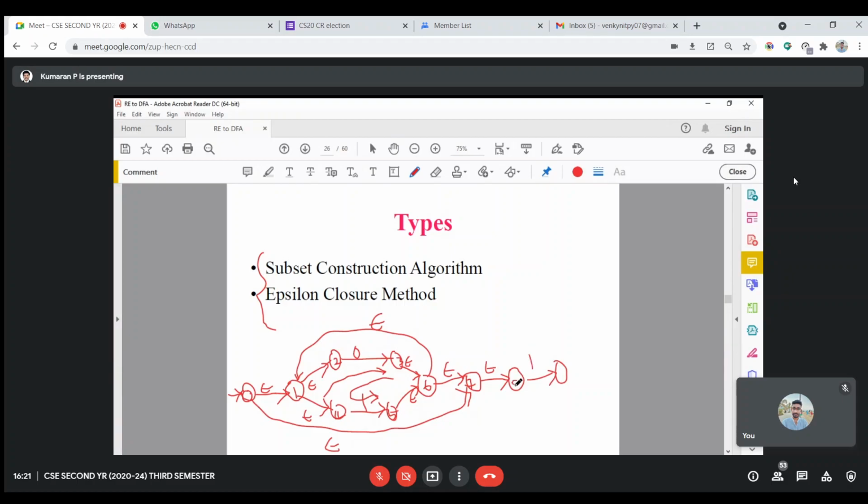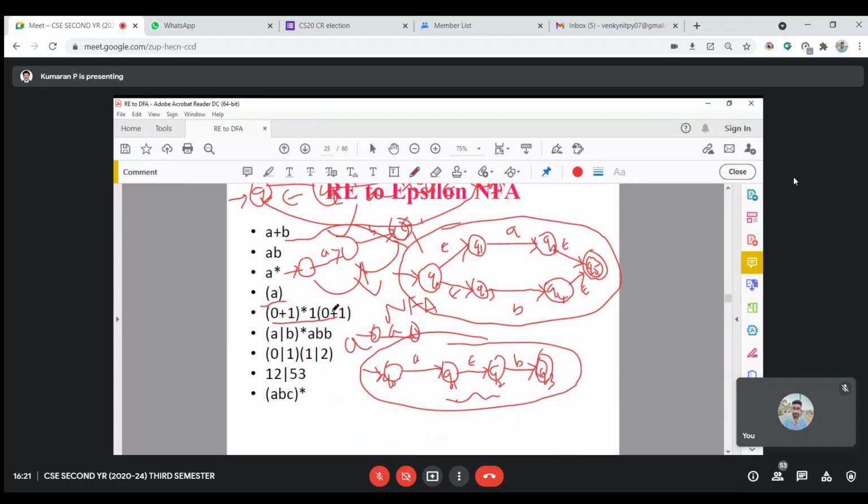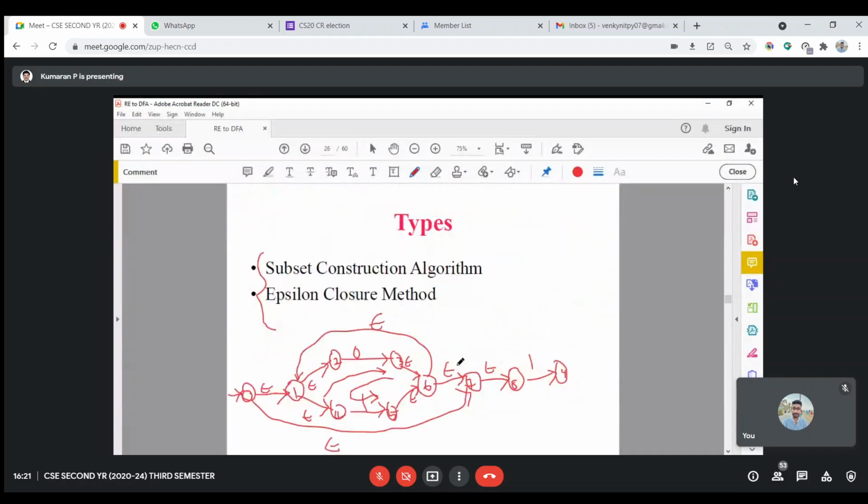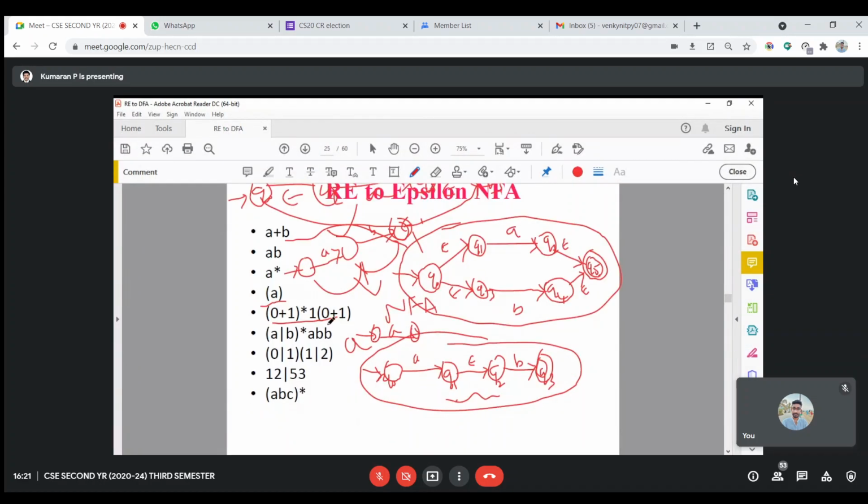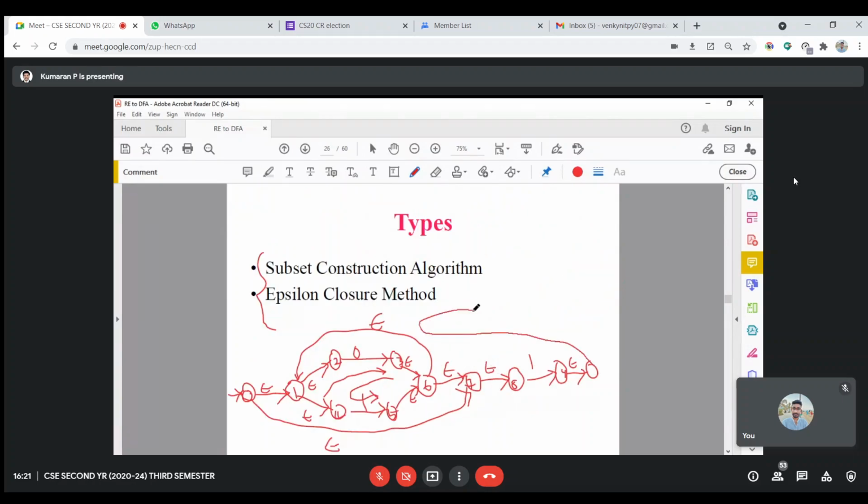So what is the number it is? It is Q8, Q9. Then again, what transition we have? Only concatenate with what? 0 plus 1. So again, we have a concatenation. So epsilon, and we have what? 0 plus 1 option. So again, you can see here, from this we have a... okay, I will write this